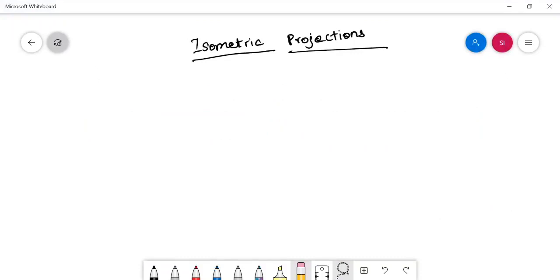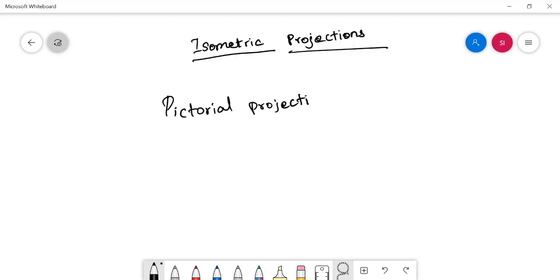Isometric projection is nothing but the method which is used for developing the three-dimensional view of objects. In general, in engineering graphics, pictorial projection is the concept used to develop the 3D views of the object.